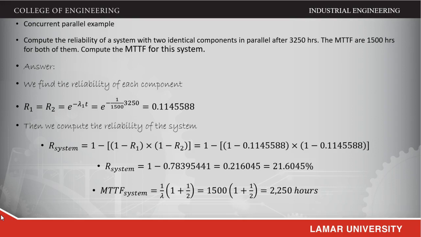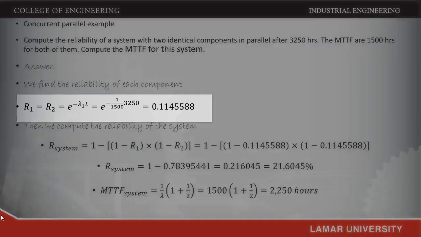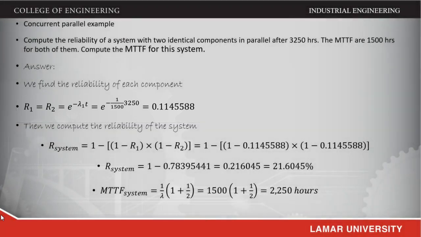Here we have an example. And the question is, compute the reliability of a system with two identical components in parallel after 3,250 hours. The mean time to failure are 1,500 hours for both of them. Compute the mean time to failure for the system. So here we can compute the reliability of each one of the components on their own as e to the minus lambda t. In this case, e to the negative 3,250 over 1,500, and that yields